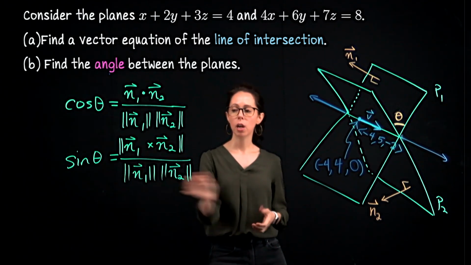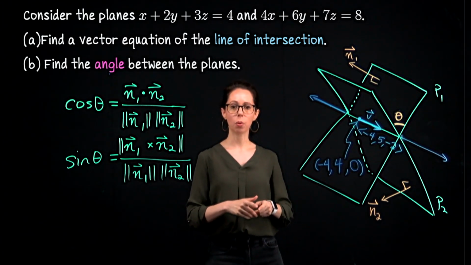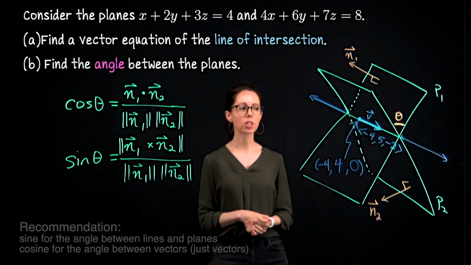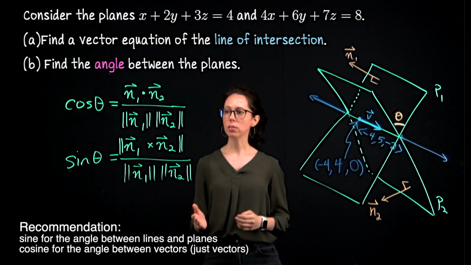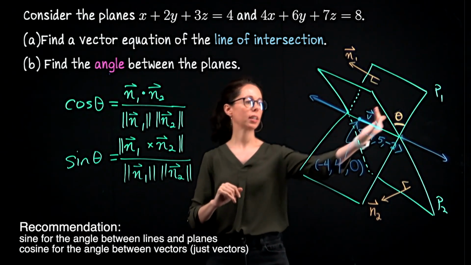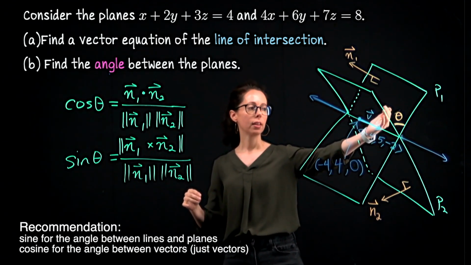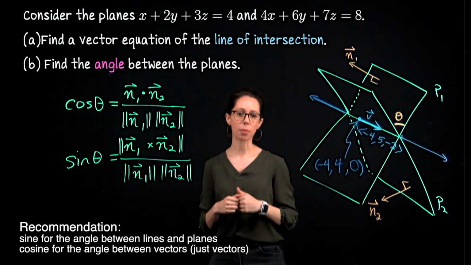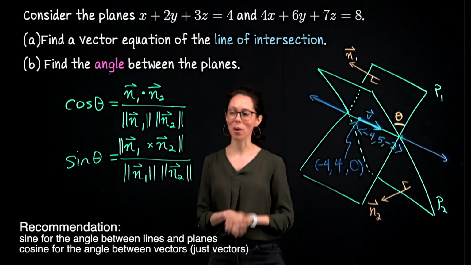This expression here will be greater than or equal to 0. When we take the arcsine of that, it will put us between 0 and 90 degrees. So the default result of this computation will actually be the smaller, acute angle that we're looking for. With the cosine formula, you could actually get the supplement. Depending on how n1 and n2 were situated, we could end up with the larger of the two angles, in which case we would need to take the supplement. So you can make a case for either one or against either one if you want.